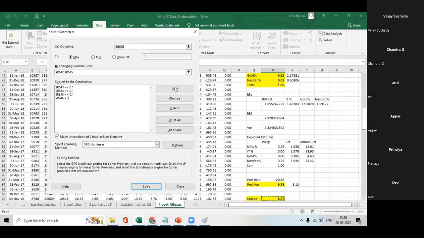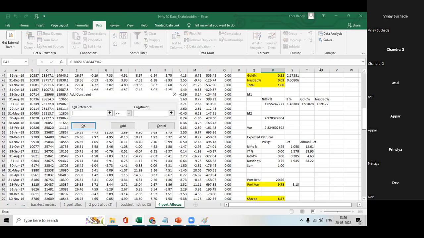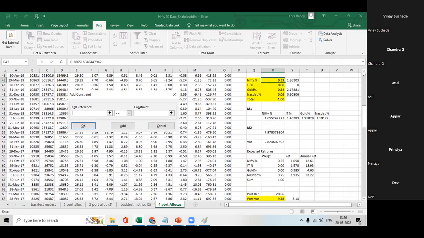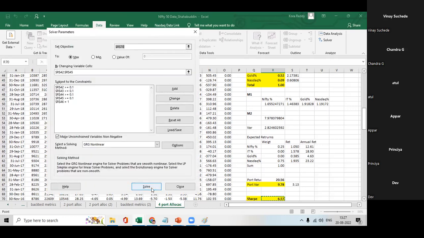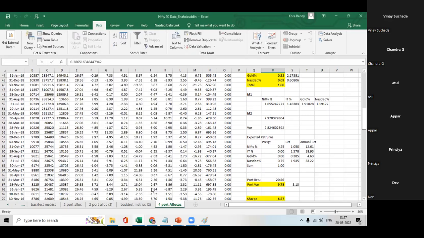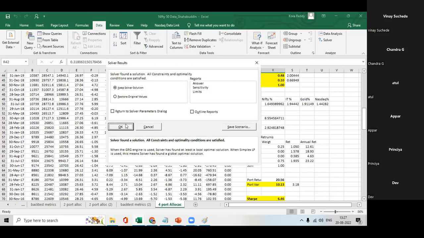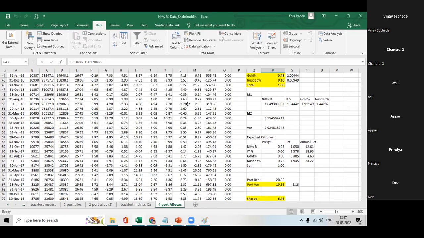One more we have to add, right? 42. We'll just observe what ratio it will become. Okay, so now gold has come